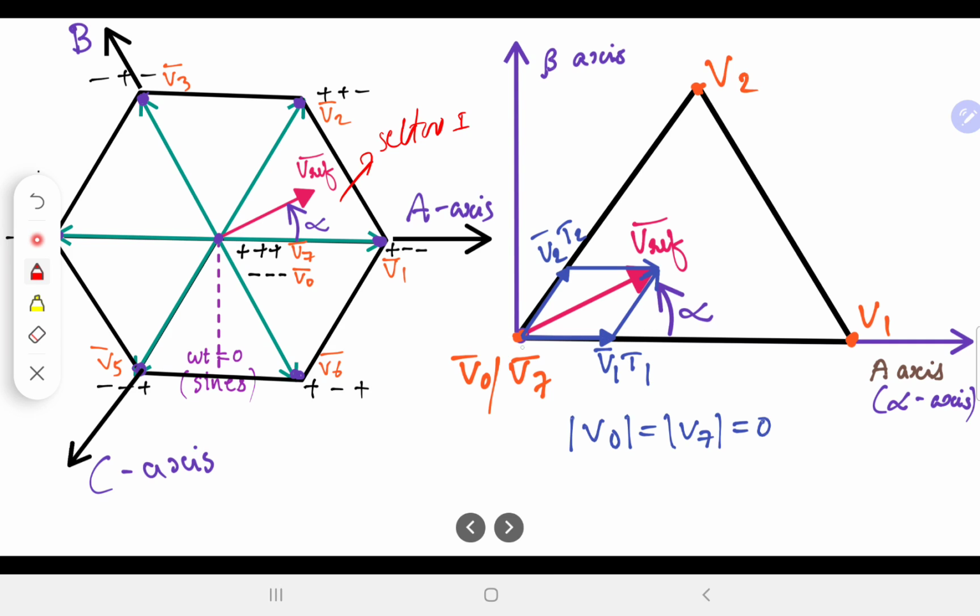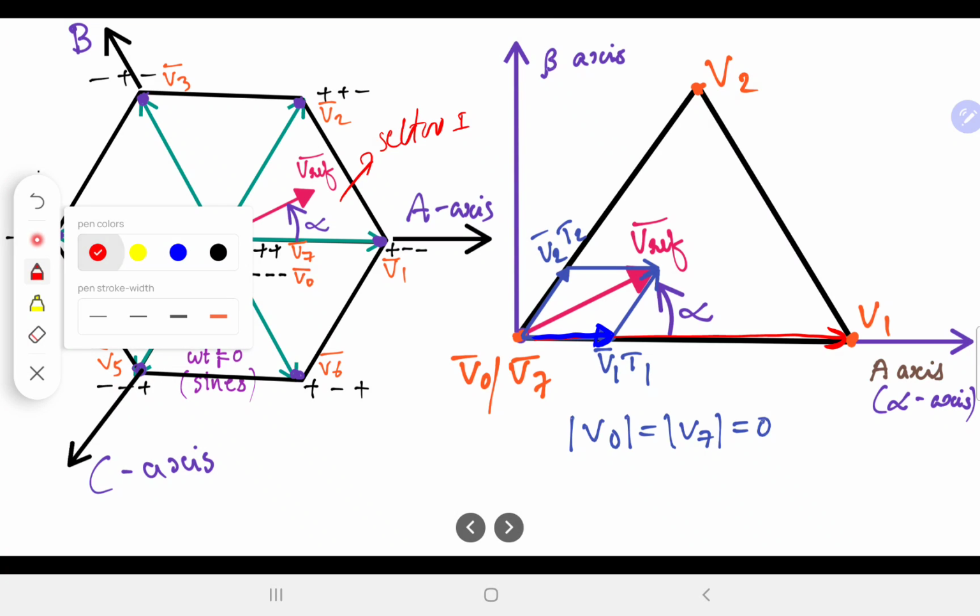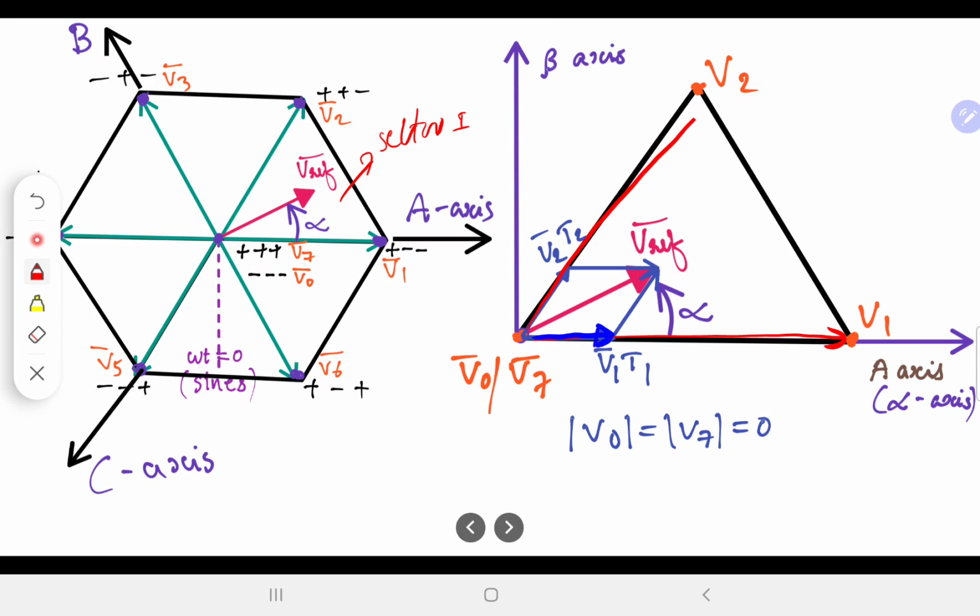So what we do is that this is my v1 direction. Okay, I scale v1 by this amount t1. That will in turn give me a component along this direction, and we use v2, which is in this direction, and we use a scaled version of that, v2 t2, which will be this component. The sum of that will give me this vector vref. So essentially we have v1 t1 plus v2 t2 is equal to vref